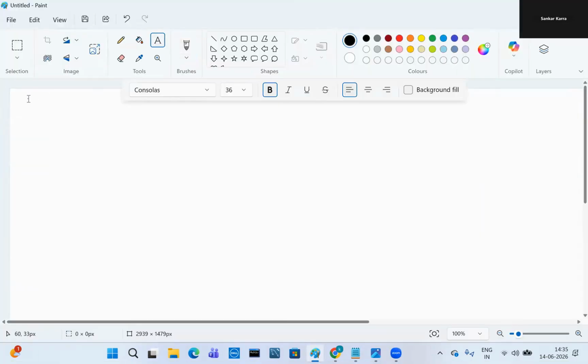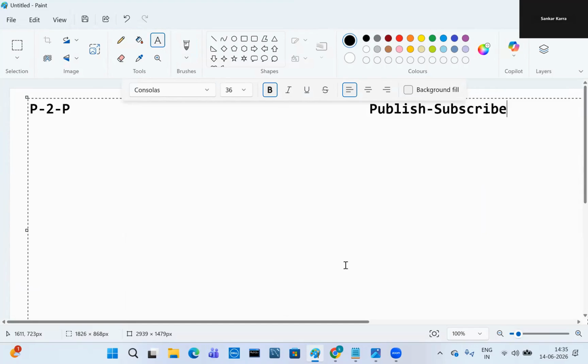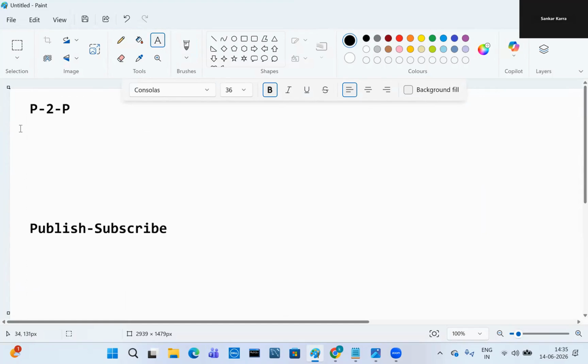For short, P2P is the point-to-point messaging system, and then the publish-subscribe messaging system. Now, the point-to-point messaging system.